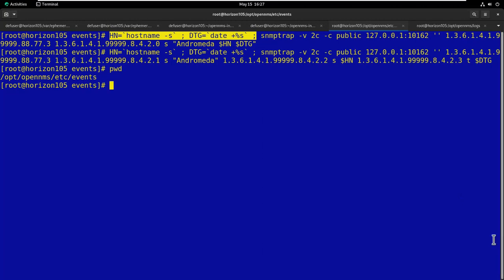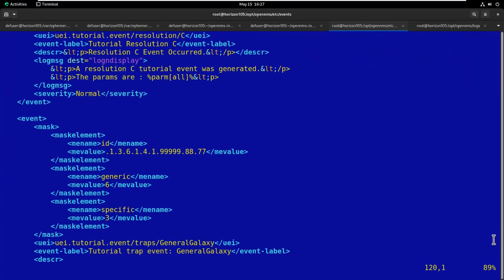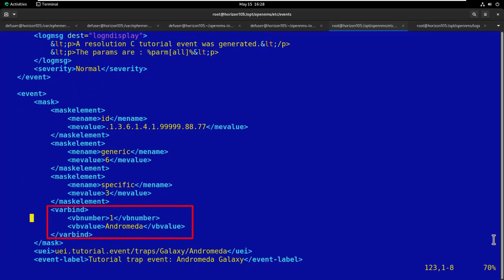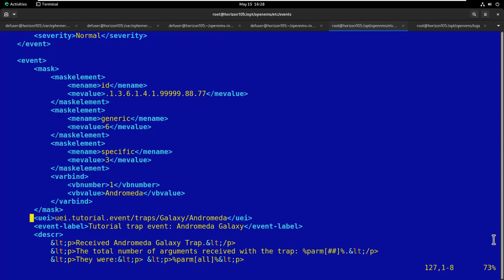Now it may be that a particular galaxy must generate its own event. Edit Tutorial.events.xml and add a new event similar to the general galaxy event but with an additional element in the mask, a varbind. In this case, after matching the other mask elements, the varbind looks at the first argument, and if its value is Andromeda, the trap is translated into a UEI